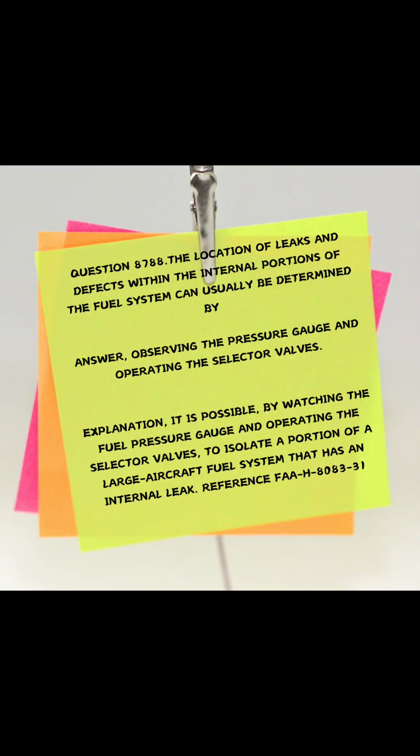Question 8788. The location of leaks and defects within the internal portions of the fuel system can usually be determined by: Answer: observing the pressure gauge and operating the selector valves. Explanation: It is possible, by watching the fuel pressure gauge and operating the selector valves, to isolate a portion of a large aircraft fuel system that has an internal leak. Reference: FAA